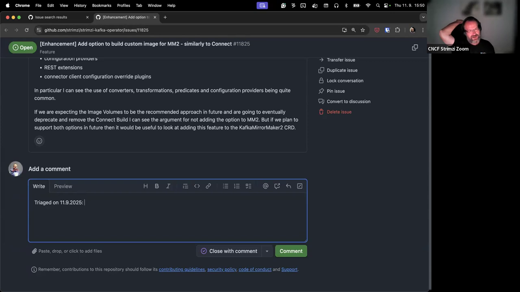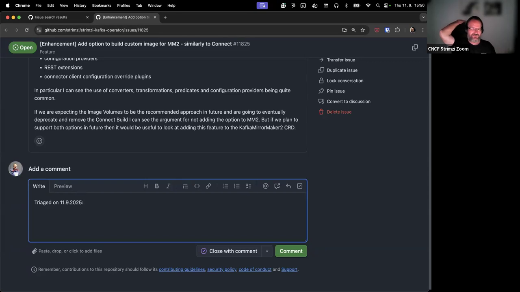So that's why when I added the support for the image volumes, the plugin feature in Kafka Connect, which is designed for the image volumes, it's actually not included in the Kafka Mirror Maker 2 resource, just to make it clear. So you can actually use it to include the plugins in Mirror Maker 2 today, but it goes through the mounted image volumes and then modifying the class path manually, rather than through the plugin mechanism inside Connect.